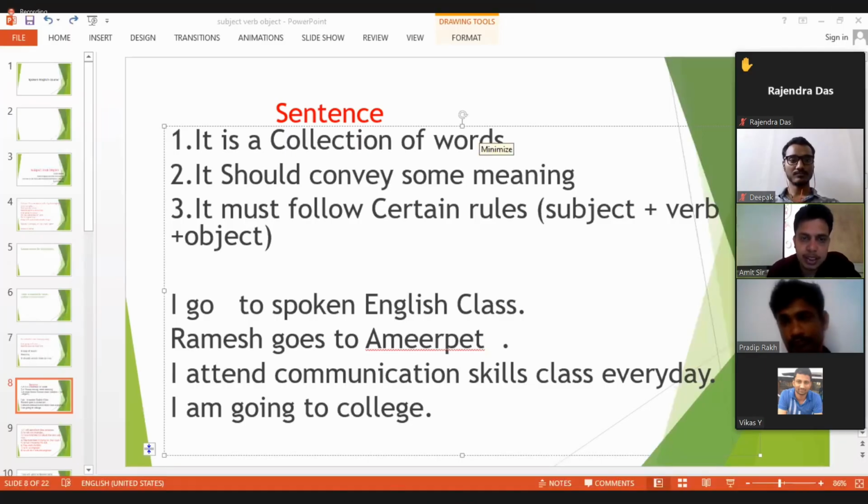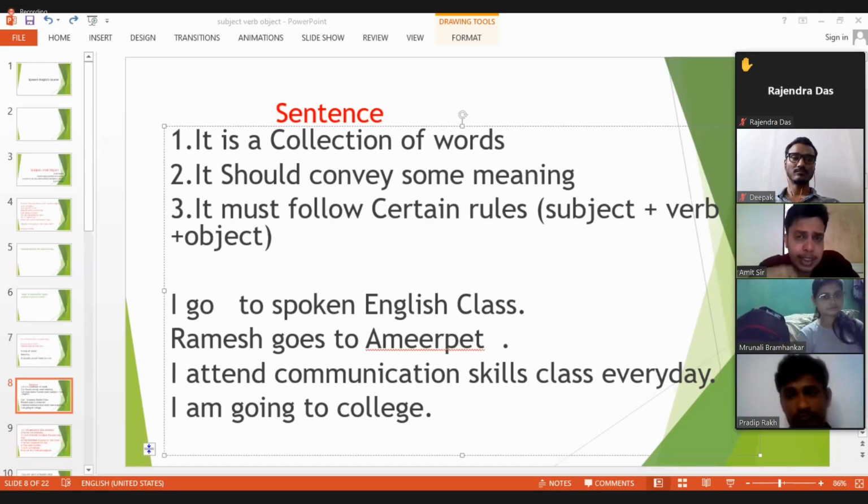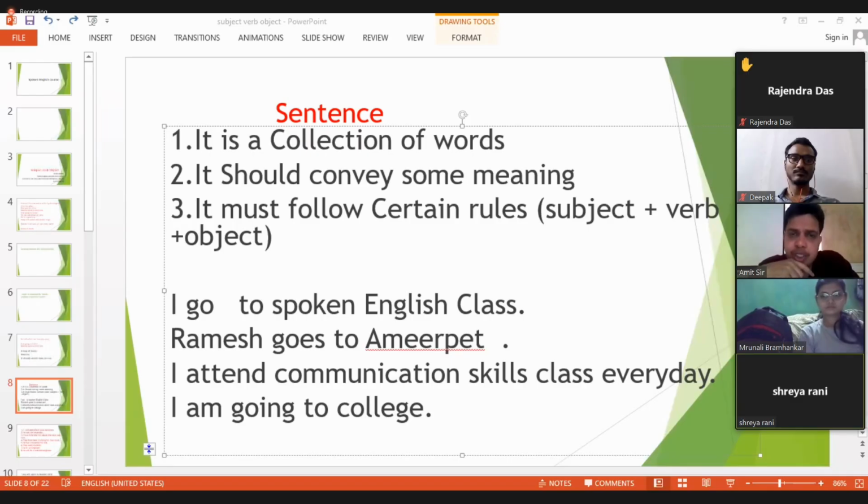When do we use "it"? We use "it" whenever we refer to non-living things. So most of the time we do not use "it". For example, if you want to tell about the table, in order to tell about the table, you have to use "it". So hardly do we proceed with it. And in today's culture, no one bothers about the non-living things. Moreover, we bother about the others.